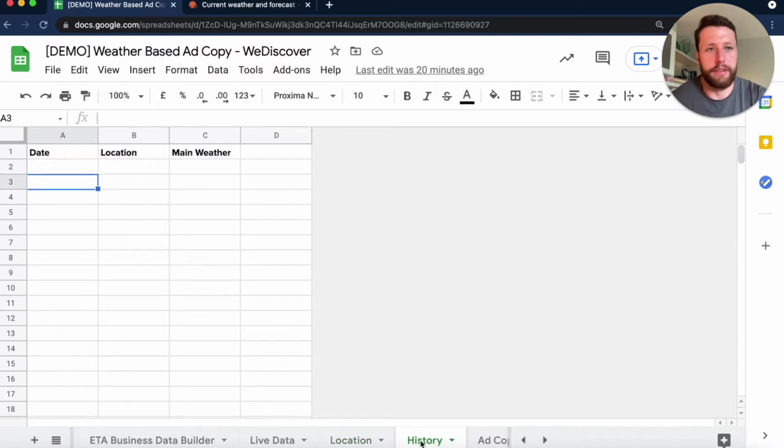The next cell we have is history. So history has 3 columns, and it's effectively a log of each time the script runs. It will log the date and time that the script ran, the location that you pulled the weather for, and the weather result itself. Now this isn't needed for the ad customizers, but it's a good way of keeping track, to make sure the script is working, and also to keep track of what ads you're showing and when, and then you can compare